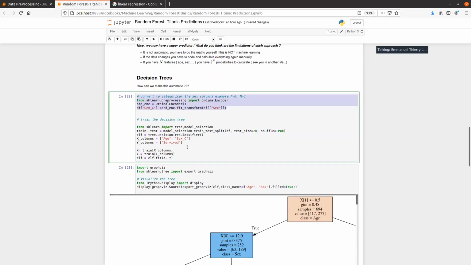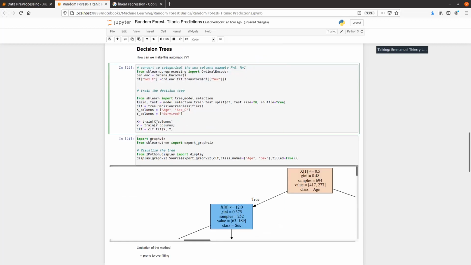Then I split the dataset in train and test: I took 80% of the dataset as the training dataset, and 20% as the test dataset.